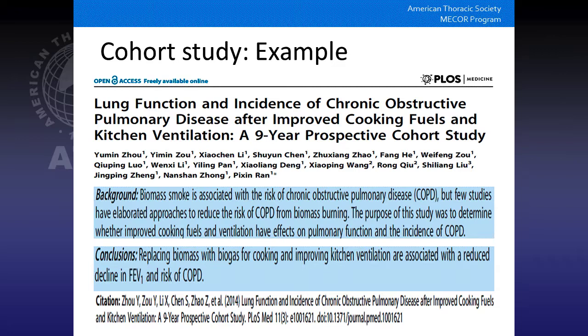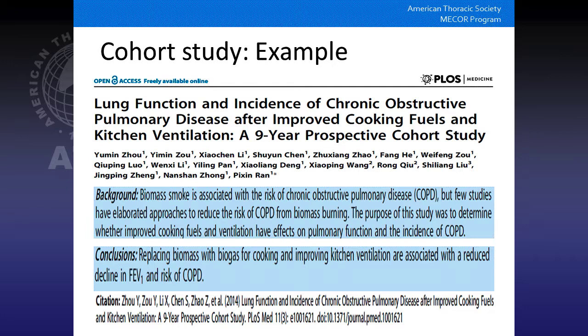Here's an example of lung function and chronic obstructive pulmonary disease, COPD, in association with cooking fuels used in kitchens over a 9-year period. So this is a 9-year prospective cohort study. It's a cohort study because we started out with a group of people who did not have COPD at the beginning, and some of them chose to accept an offer for using clean cooking fuels from that point forward in time,